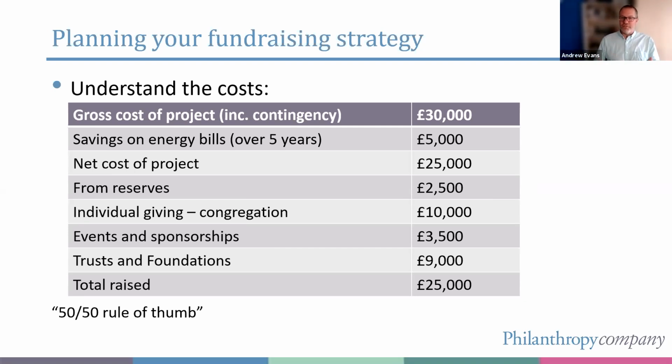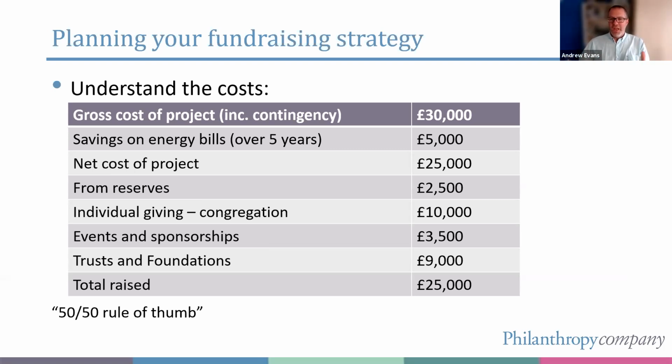And the £3,500 of events and sponsorships, some of that's from the church, which leaves you with £9,000 then from trusts and foundations. So you've got between £9,000 and £12,500 out of your £30,000 coming from externally. That's fitting with that rule of thumb. Okay, so do something like that, just a rough table that says, here's what we think, where we think it's